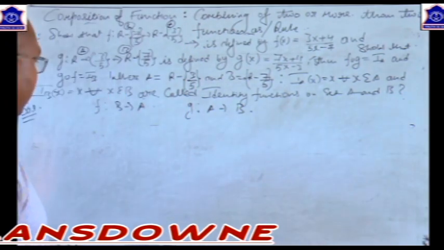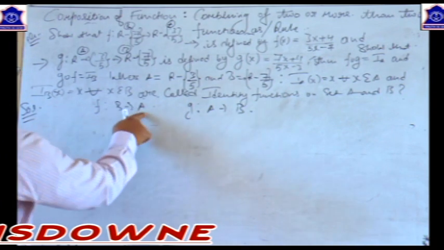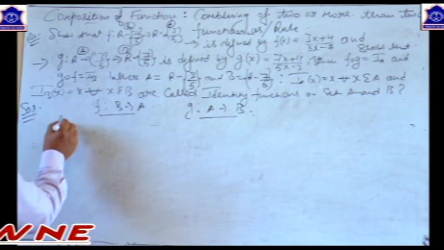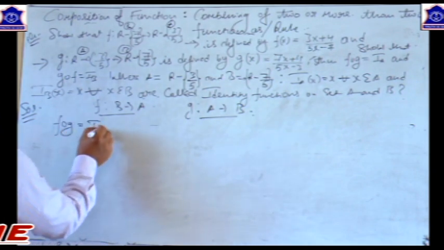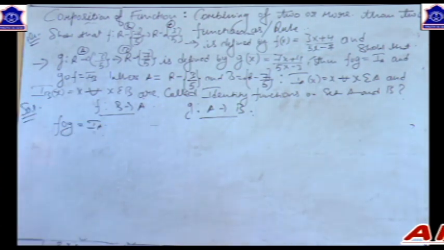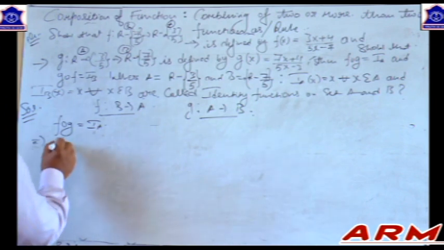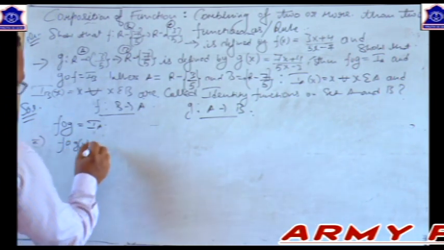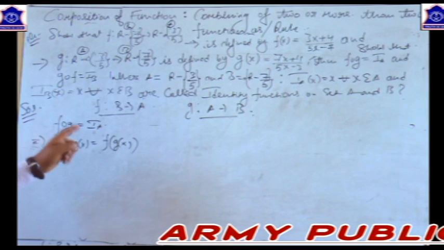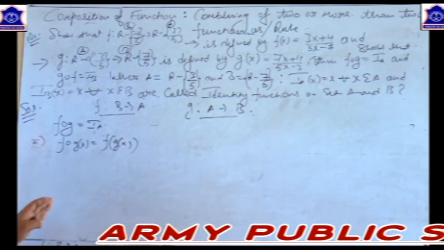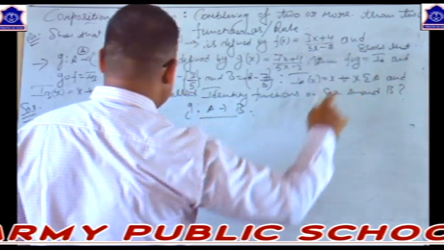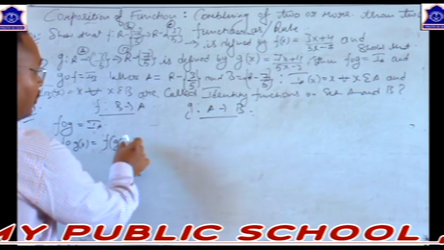Okay. Now as I explained, f is a function from B to A and g is a function from A to B. Then you have to show that f of g equals I of A, which means giving a particular value to this function we get the identical function. How to do it? Look, f of gx is written as f(gx), and the function f is defined as fx equals (3x plus 4)/(5x minus 7). If it were ft, it would be (3t plus 4)/(5t minus 7). For f(gx), we will put gx here.